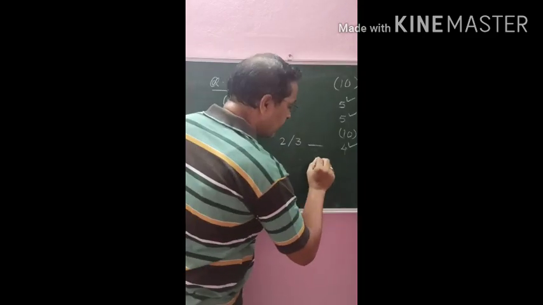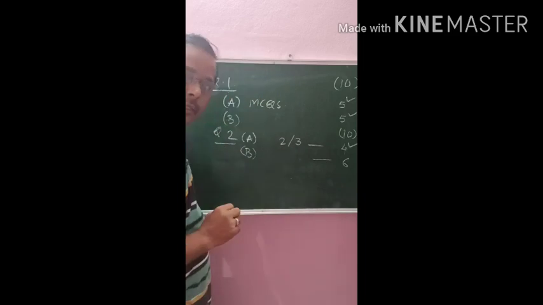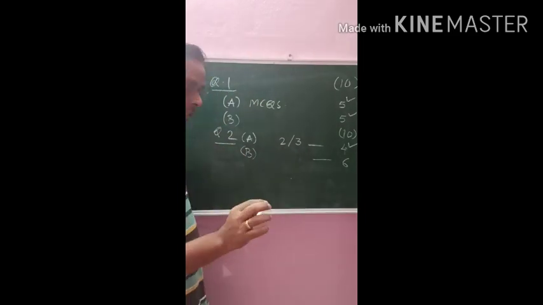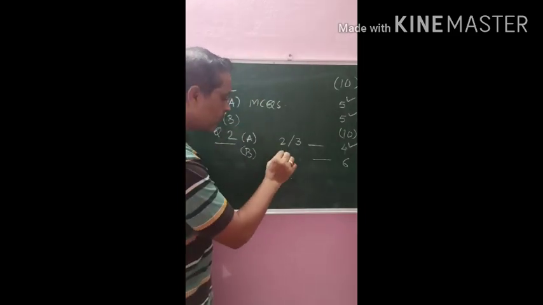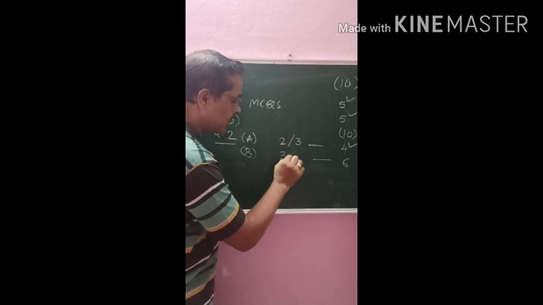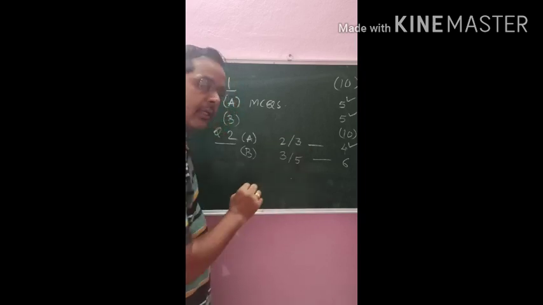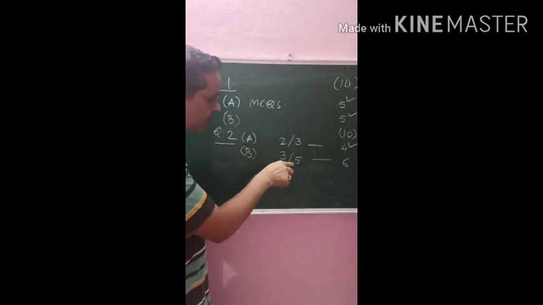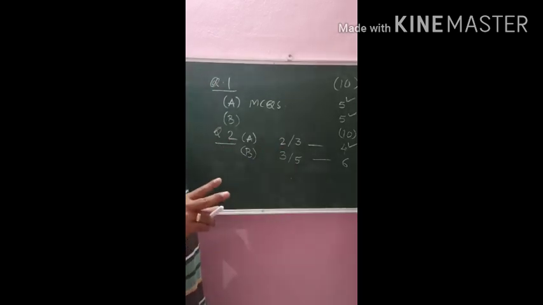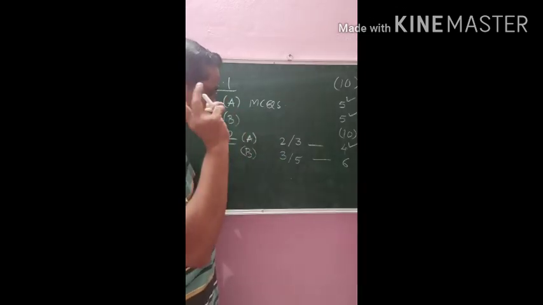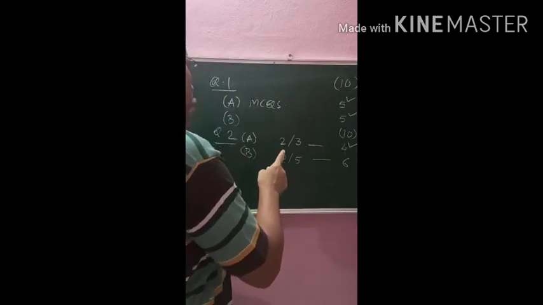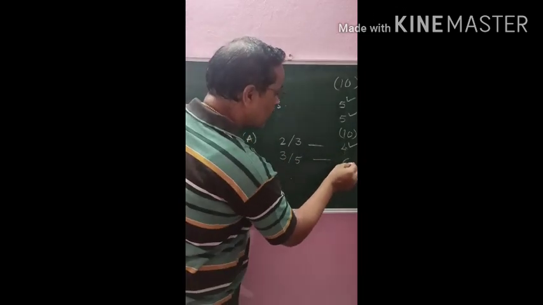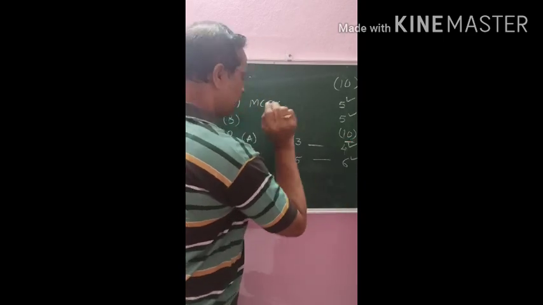Then question number 2B is for 6 marks. Here short answer questions are there, so we have to solve 3 questions out of 5. Here also there is an option, and from these 5 questions at least 2 should be from physics and 2 from chemistry. So this is about question number 2. In all, question number 2 is of 10 marks.